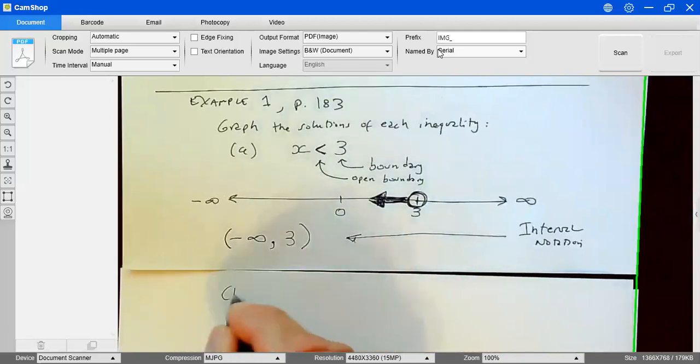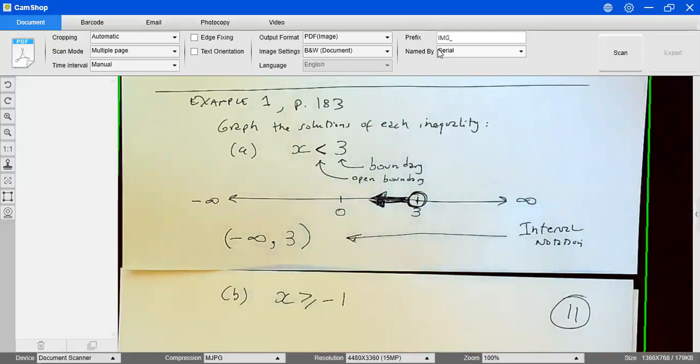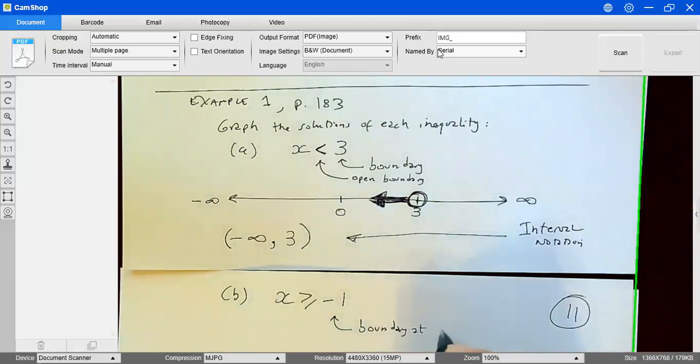So we have now B: x is greater than or equal to -1. So now again, the boundary is at -1. The boundary is closed, meaning that the boundary is part of the